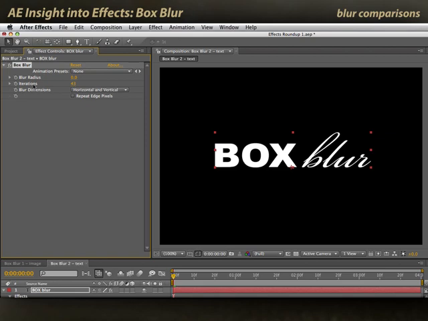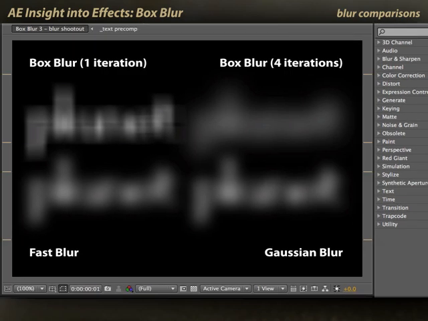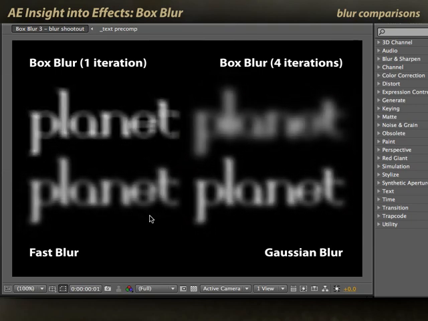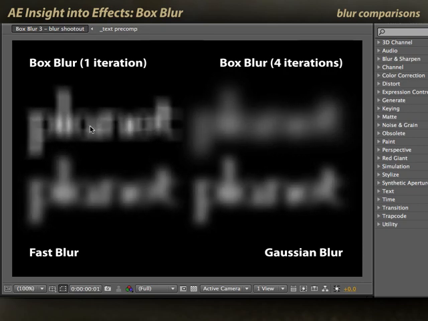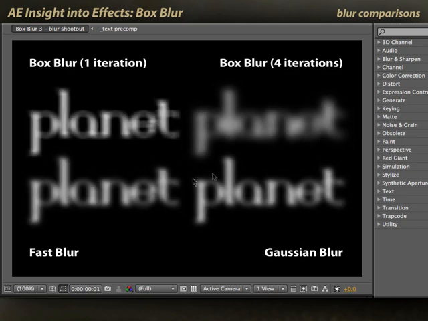Now I'm talking about how flexible this is, but let's go ahead and compare this to your normal fast and Gaussian blurs. I'll open my third comp, which has 4 instances of some text in it. Box blur with just 1 iteration, my very coarse, grungy, square sort of look. Box blur with 4 iterations, which is a very beautiful, smooth look. You see it's even more smooth than fast blur and Gaussian blur. And I've got the blur amount animating down from a high amount to a small amount. Calculate a RAM preview here. And now you see the animation of how box blur animates with low iterations or higher iterations, compared to your normal